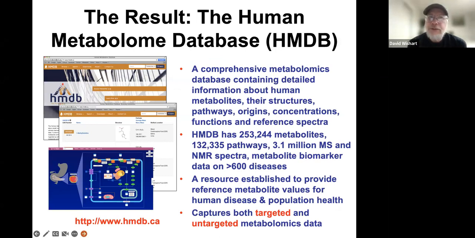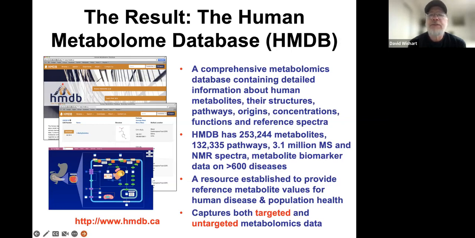A lot of the information that has been assembled over the last 15 or 20 years in metabolomics is in this data resource called the Human Metabolome Database, or HMDB. We've been building it since 2006, and we're now getting into 16 years of maintaining it. It's a really comprehensive database, and it's more like an encyclopedia. It contains a lot of information about all the known human metabolites, about 250,000, their structures, their pathways, where they're coming from,